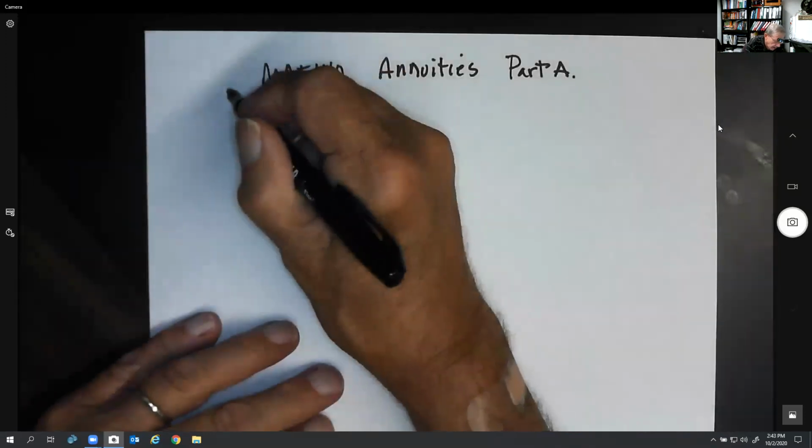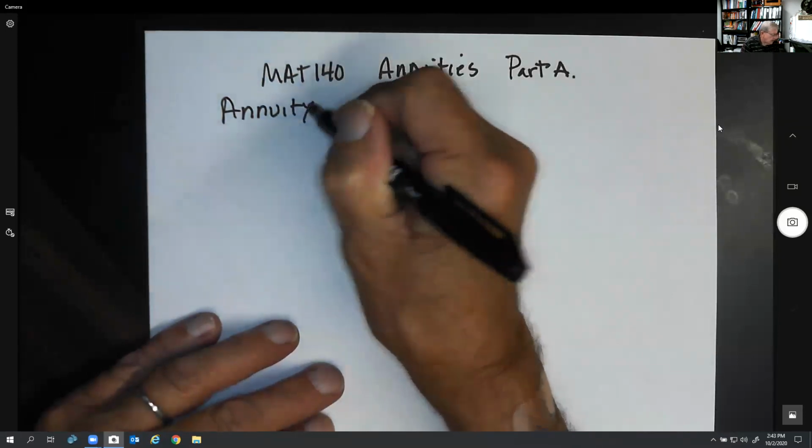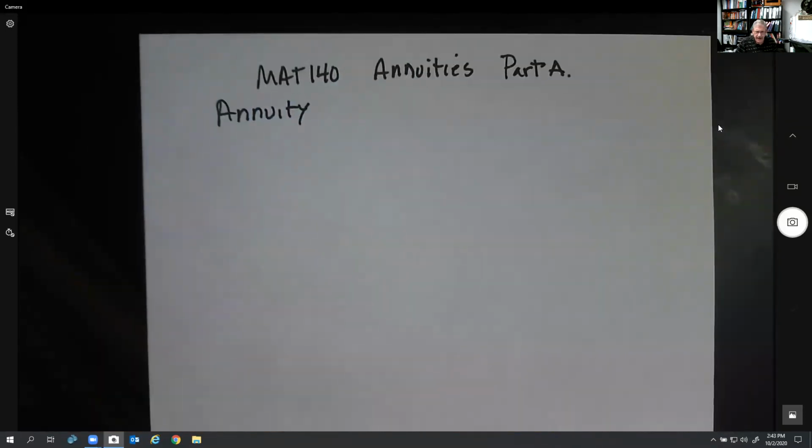So let's talk about an annuity. What is an annuity? An annuity is a kind of savings account. Your money is compounded. It's a plan where we make the same amount of payment. You can make it monthly or yearly or whatever. Usually you make it monthly. So we put the same amount of money into this annuity every month. And then after a period of time, maybe 10, 15, 20 years, we're going to see how much money we